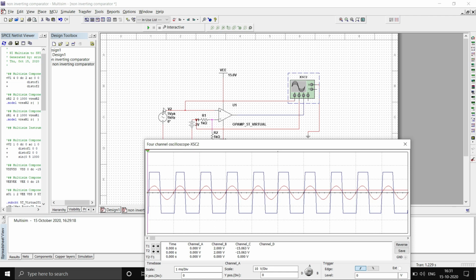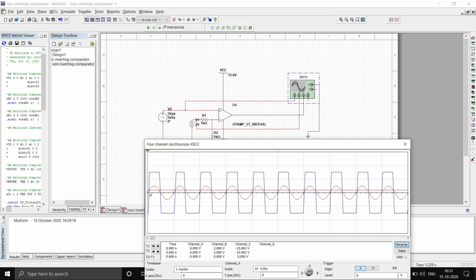In the presentation I showed two points, A and B. At that point my V reference is dominating V in, so we get minus VCC.